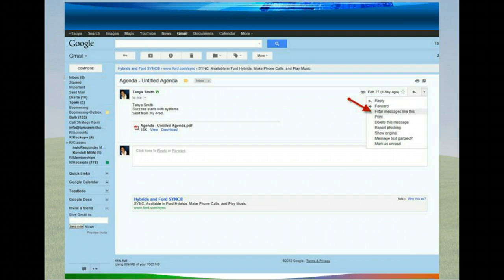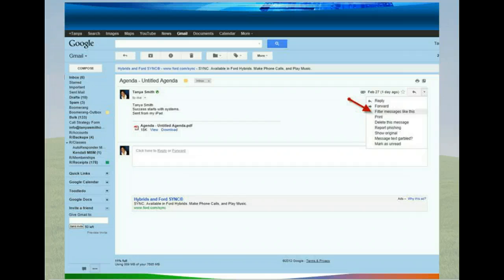In a couple of minutes here, I'm going to open up for questions, but I'm going to get through at least the next few screens. Okay, so here's where you're doing the filter, okay? You don't have to go into settings, but you could go to settings, as I showed you in the last screen, or you can go directly into the email. So let's say, for example, you receive an email from that person, or let's say it's a person who you really want to always receive their emails. Let's spin it positively, okay?